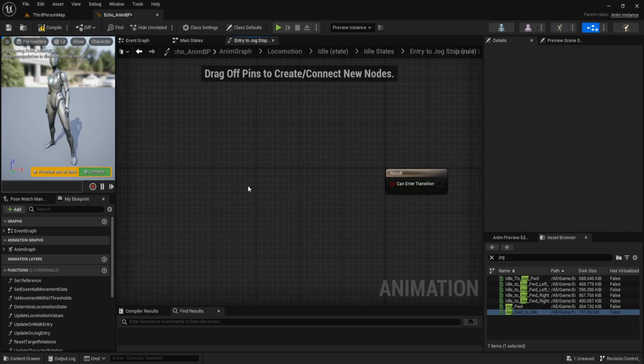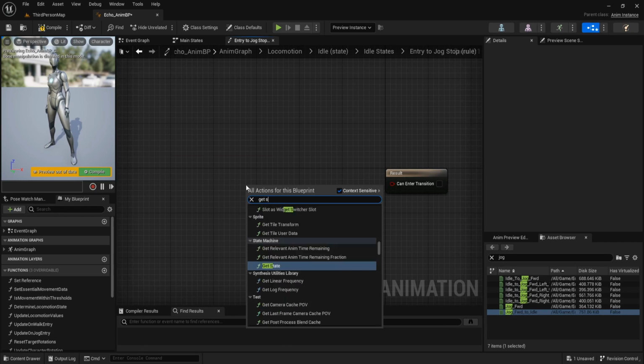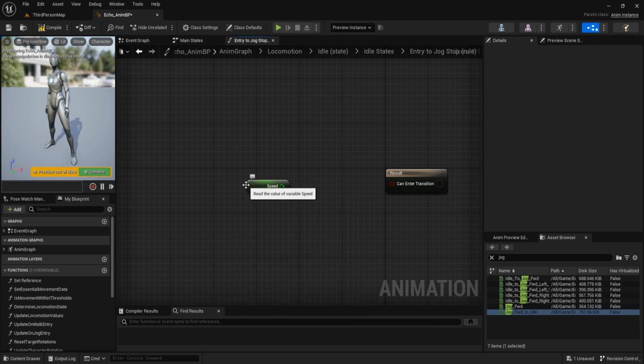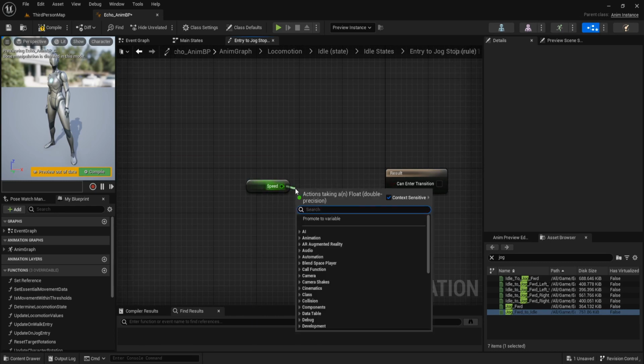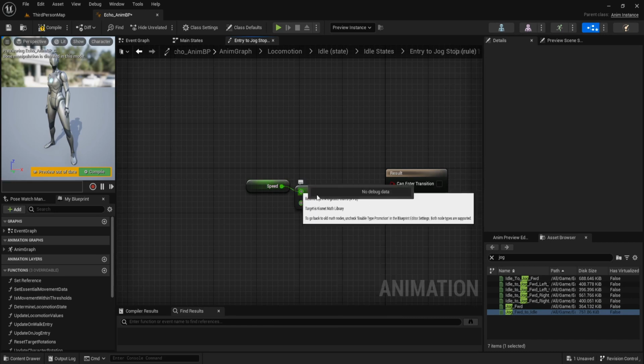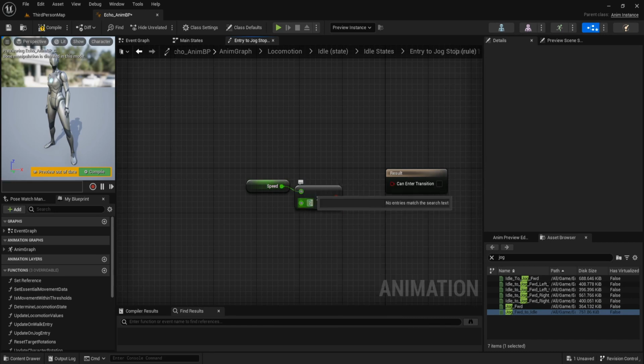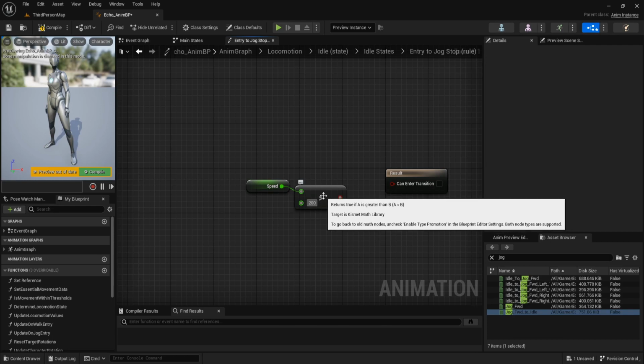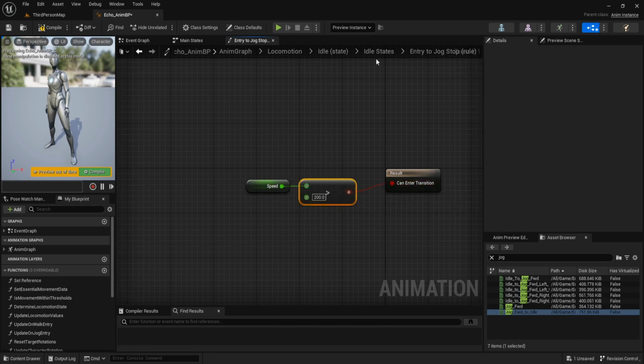Double click, get speed, and call greater than 200 next to the result.